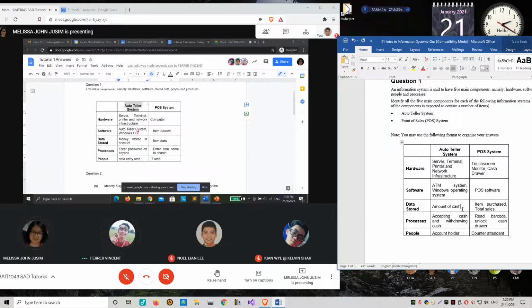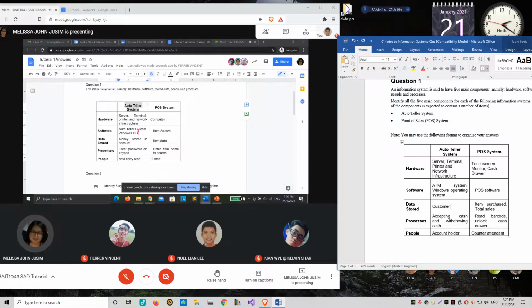So for each customer or the account holder, we have our number, and then we have our PIN number. So whenever we insert our card, we enter our PIN number. Then the system will check this customer is in our database. So when we select check balance, then they will be able to check our balance under our name.